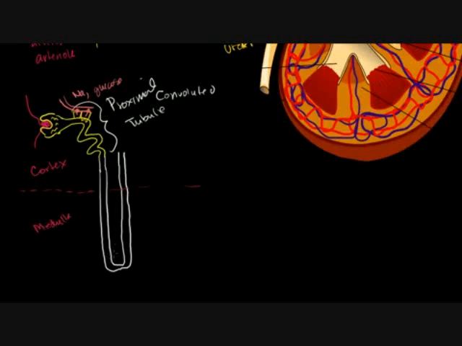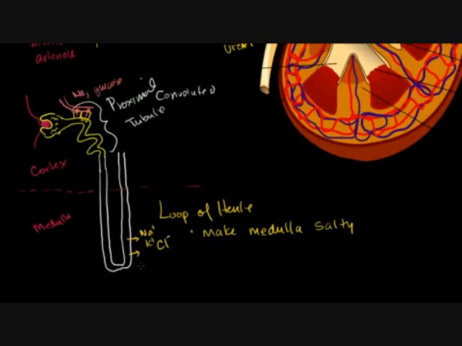So the whole point, well, there's 2 points of the loop of Henle. One point is to make the renal medulla salty. And it does this by actively pumping out salts. It does that in the ascending part of the loop of Henle. So this is the ascending part. It actively pumps out salts: sodium, potassium, chloride, or chlorine, I should say, chlorine ions. It actually actively pumps out these salts right here to make the entire medulla